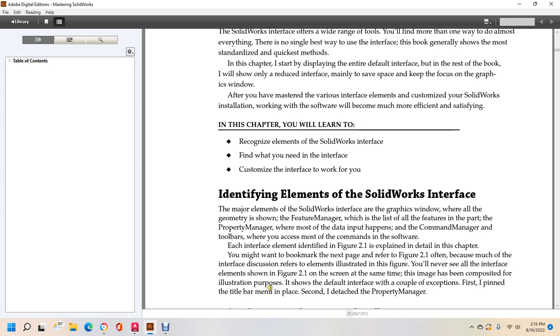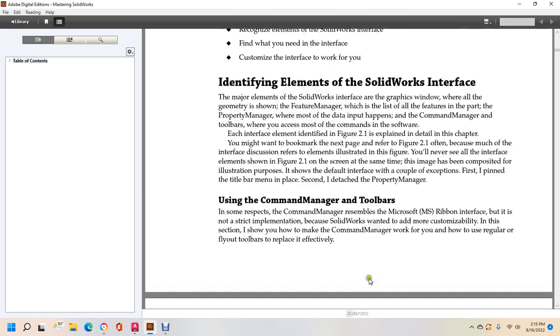Firstly, I pinned the title bar in the menu place. Second, I detached the menu bar. Using the CommandManager and toolbars: in some respects, the CommandManager resembles a Microsoft ribbon interface, but it is not a strict implementation, because SolidWorks wanted to make it customizable. In this section, I show you how to make the CommandManager work for you and how to use regular and fly-out toolbars